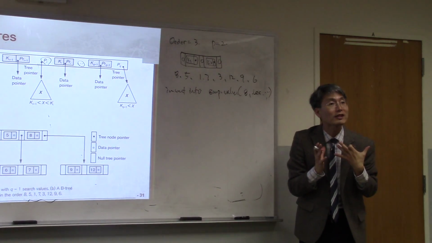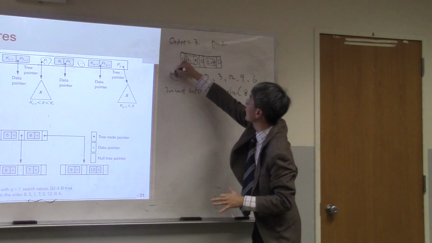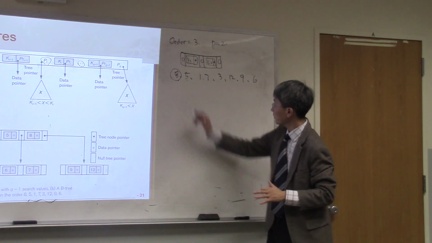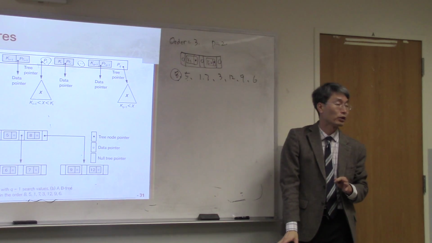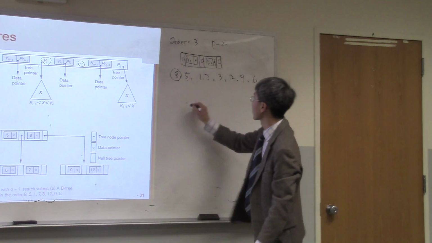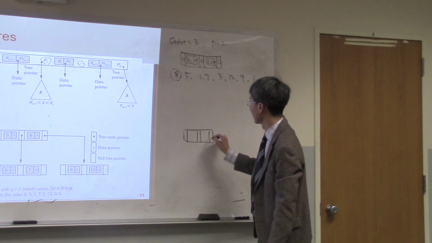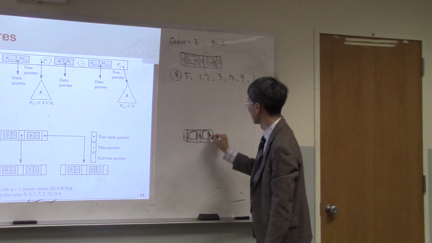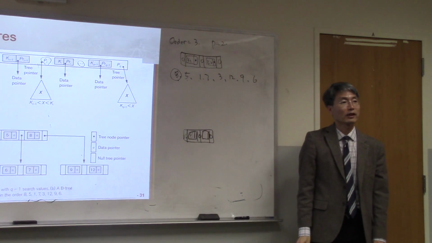But we are going to simplify, focusing only on the index values 8, 5, 7. This is the order to insert the index key values. So what if 8 is inserted? It's the first value, so we create an empty node with 8. Okay. The next